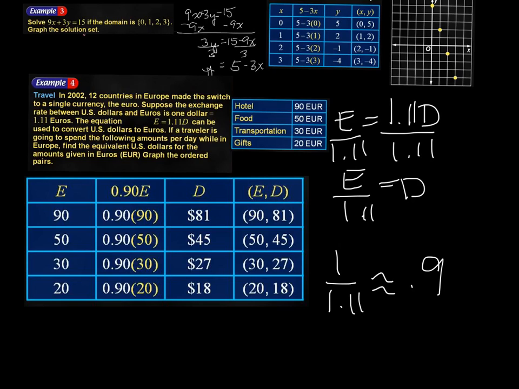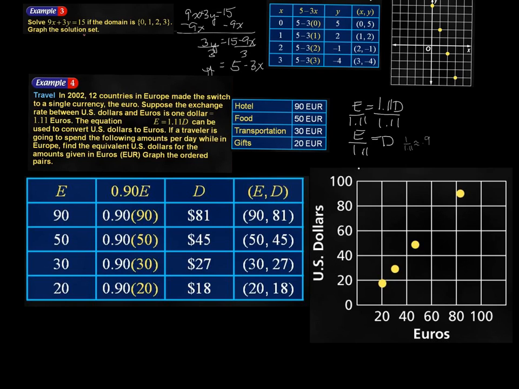0.9 times 90 gives us $81. 0.9 times 50 is $45. 0.9 times 30 is $27, and 0.9 times 20 is $18. Once we've got the points, it's easy enough to plot them. They made the scale going by 20s for both the dollars and euros, and then we're just plotting